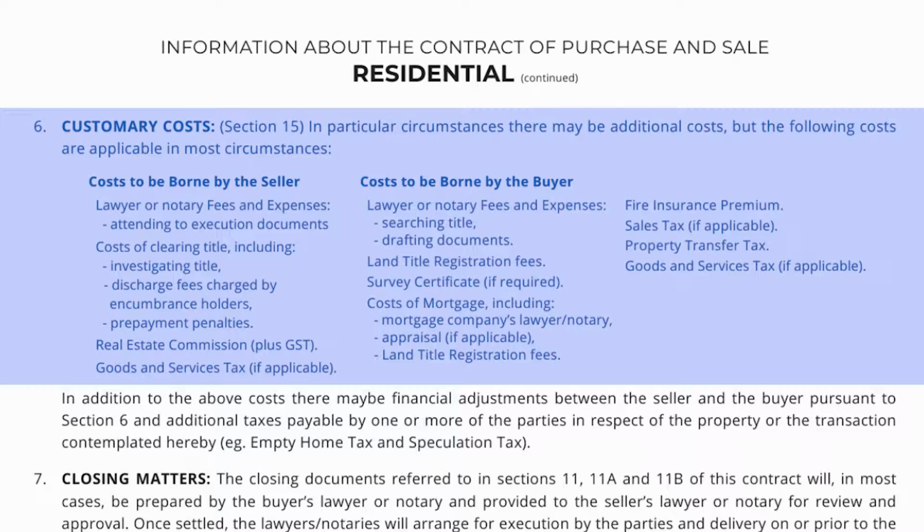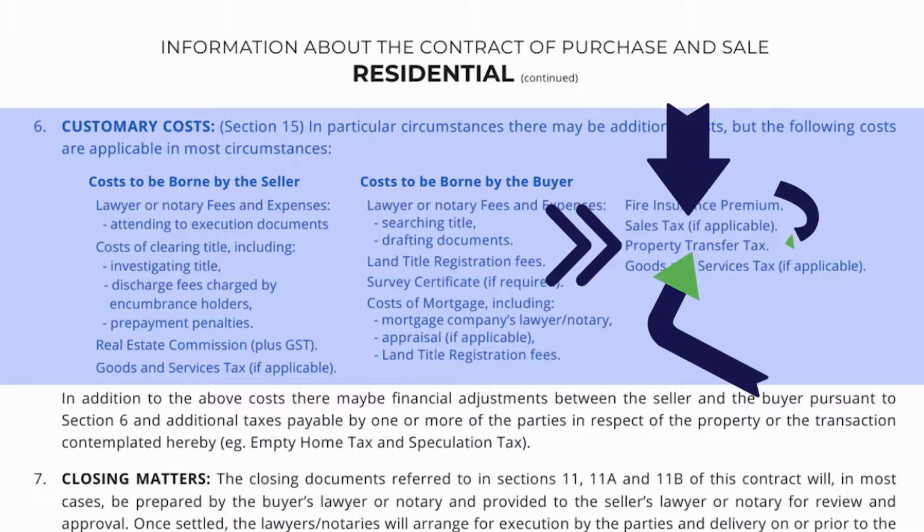For example, one that should never ever be overlooked is the property transfer tax. In BC, this is a huge tax that the buyers have to pay when purchasing a home, and you want your real estate agent to explain it in full detail. If you want more information about this tax specifically, I did a whole video on it and I'll link it